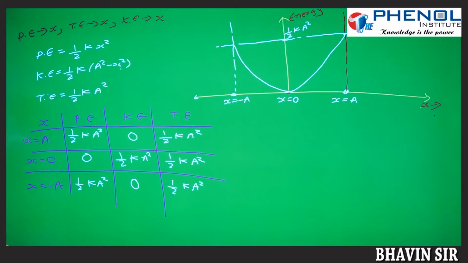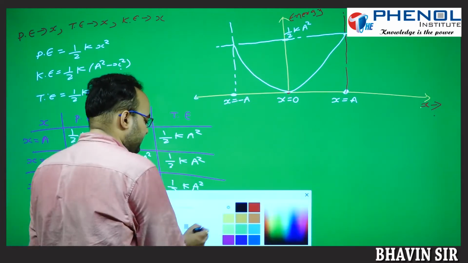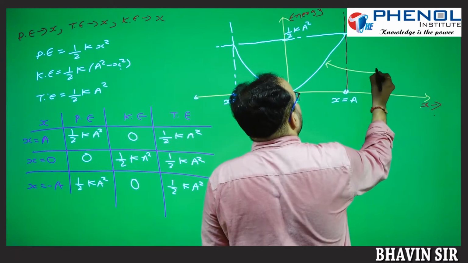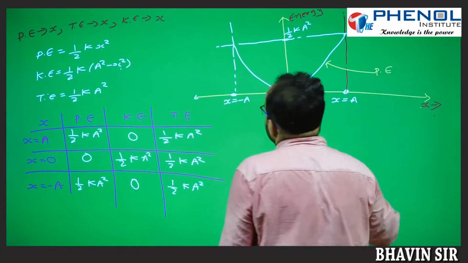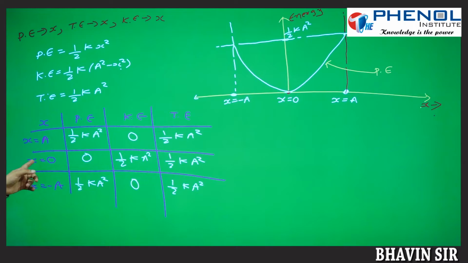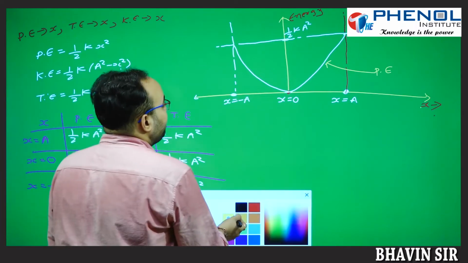Now next, this is the graph for potential energy. Now we want to draw the graph of kinetic energy. See, at x equals 0, what is the kinetic energy? Half k x square, maximum. So it means